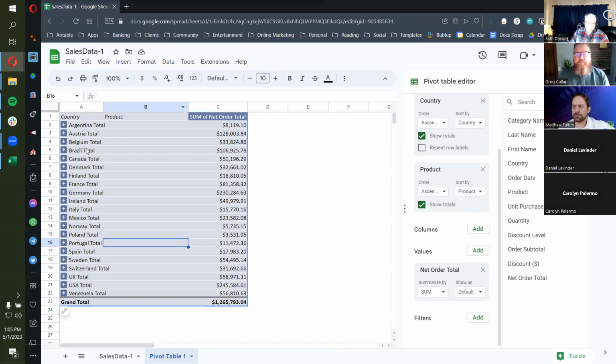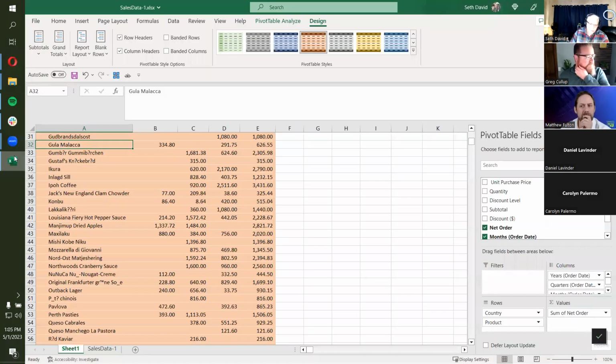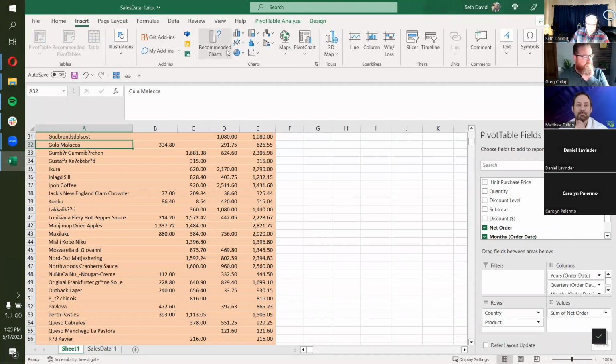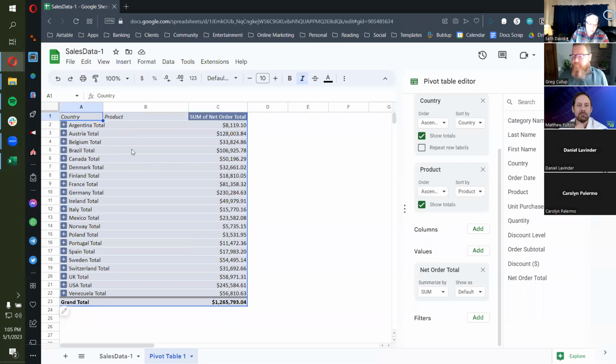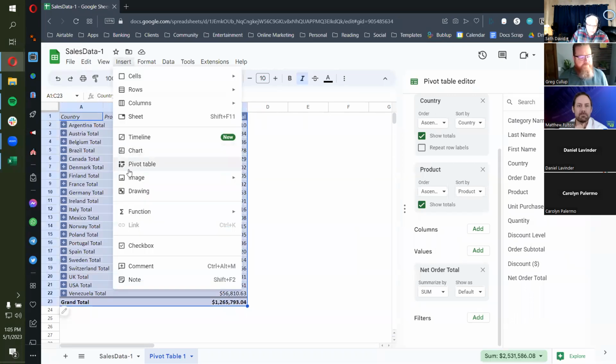Okay, and then if you want to do a pivot chart in Excel, there's an actual function called pivot chart, which is really, really cool. So you go to insert, and it's in here somewhere. Oh, here it is, pivot chart, right? And it makes it really easy to plot this pivot table data out in a chart. To do the same thing in Google Sheets, you just have to select this whole range of pivot table data and then go insert chart, and it will work the same way.